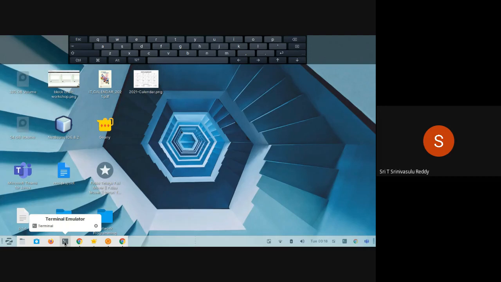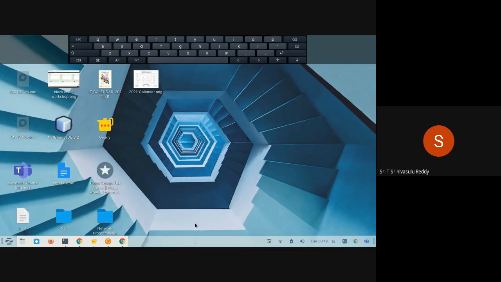Whereas Windows is a proprietary operating system, the source code is not available to anybody. Only the product is sold. The latest one is 2000 or Windows.